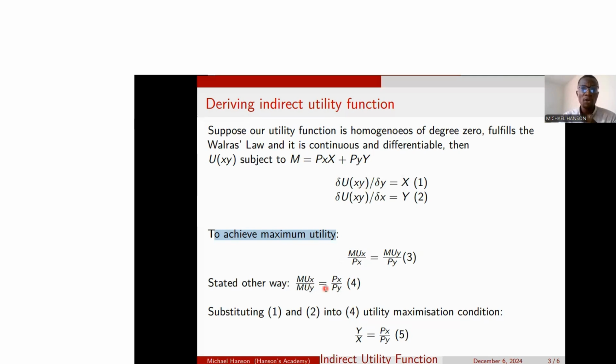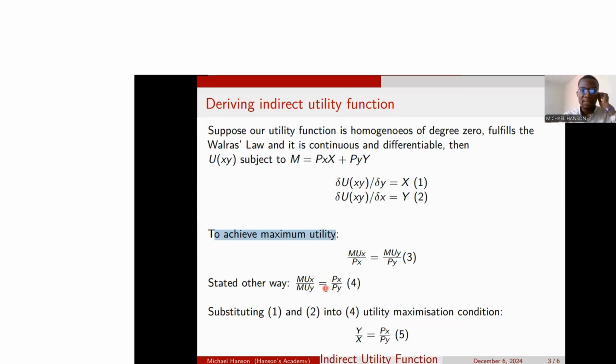So equation 4 is saying that the marginal rate of substitution, the MRS, should be equal to the price ratios. In that way, we are going to have a tangency between the indifference curve and the budget line, and the slope of the indifference curve will be equal to the slope of the budget line. At that point, we shall achieve